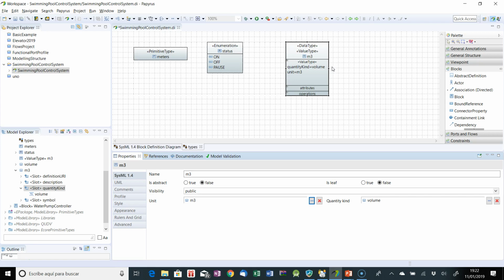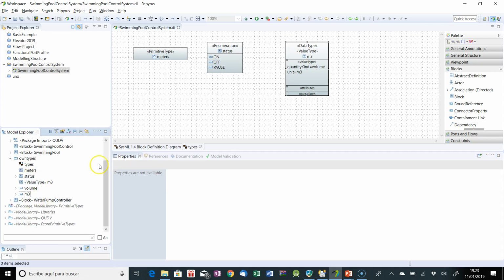Okay, now you can select the value, now you can validate this. Okay. And the link that volume has with M3, did Papyrus do it? Yes, Papyrus did it. Okay, so now